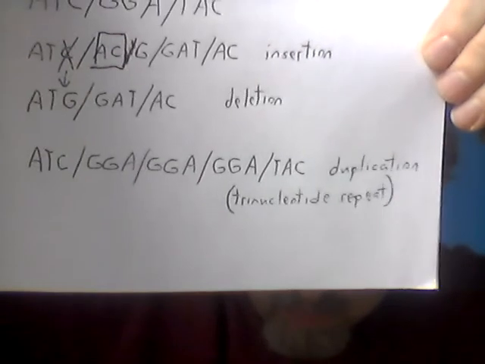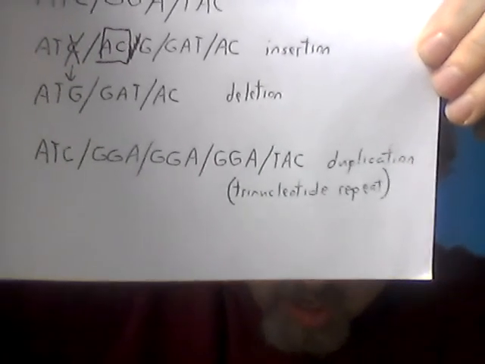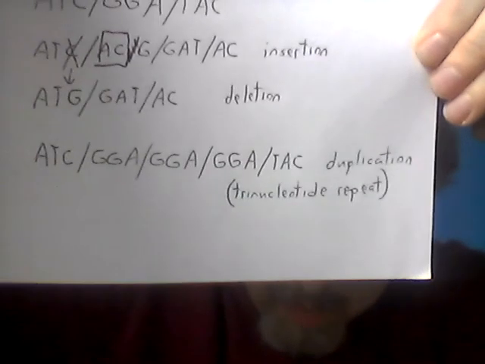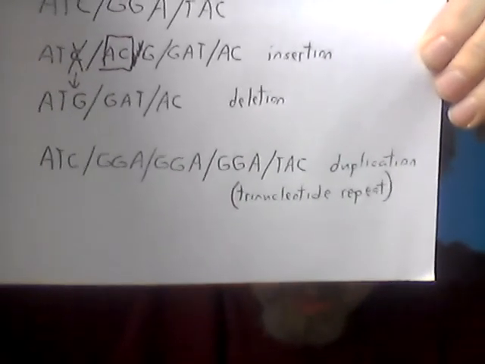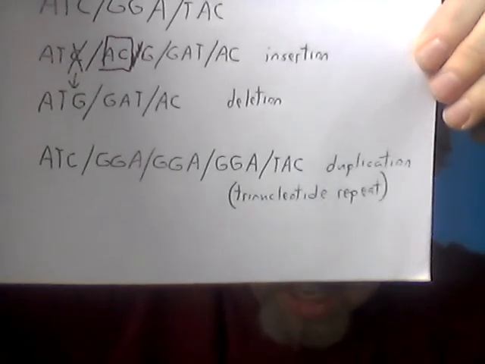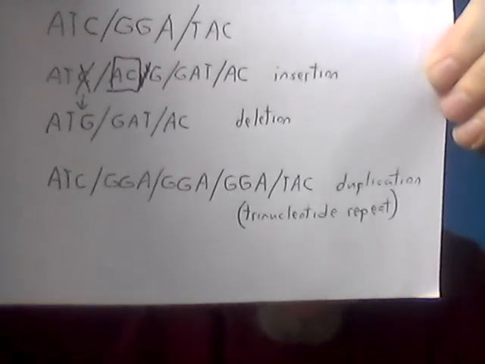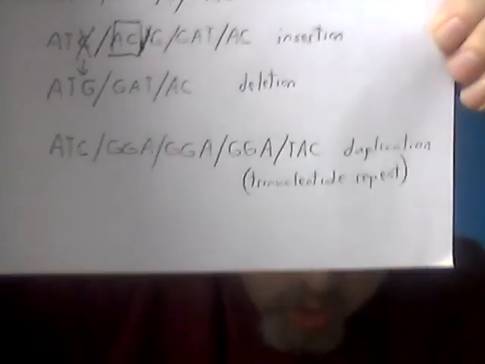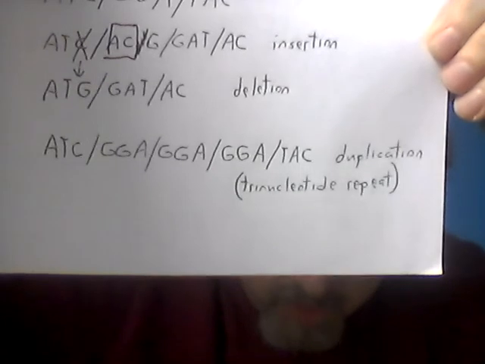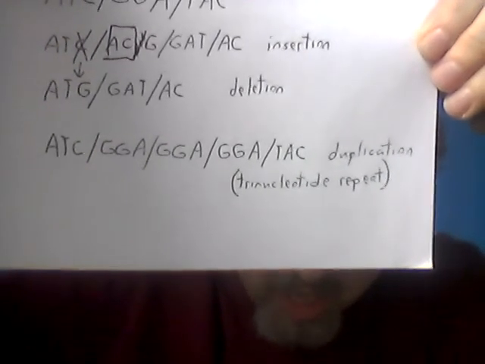But that's kind of what's happening here, that we've repeated a portion of the sequence, maybe once, maybe several times. Now that portion could be one letter. We could have a duplication error in which we just go A, T, C, C, C, C, C, C, C, C, C, C, and then move on to the next codon. But more often we see what's called a trinucleotide repeat, in which an entire codon or trinucleotide, 3 nucleotides, gets